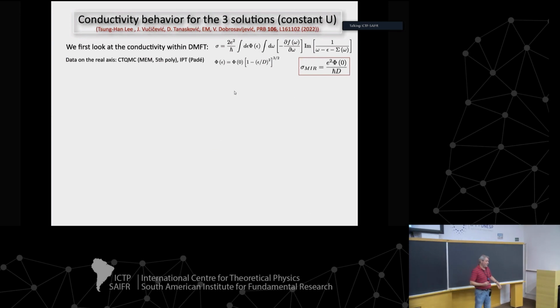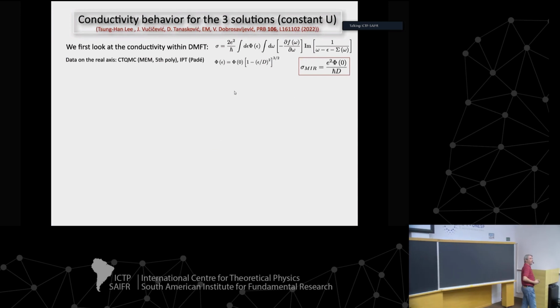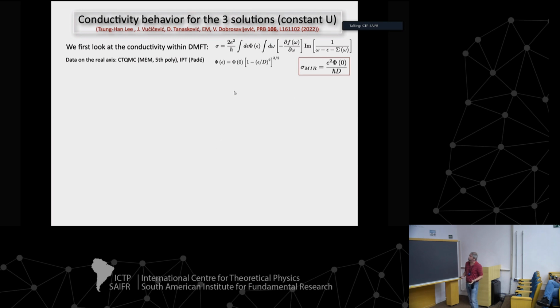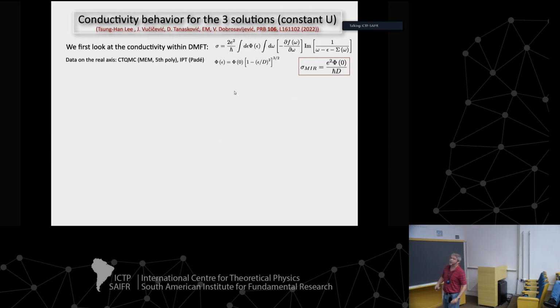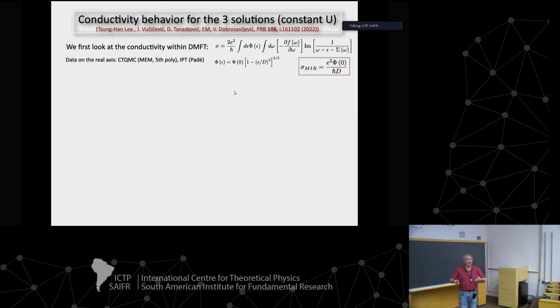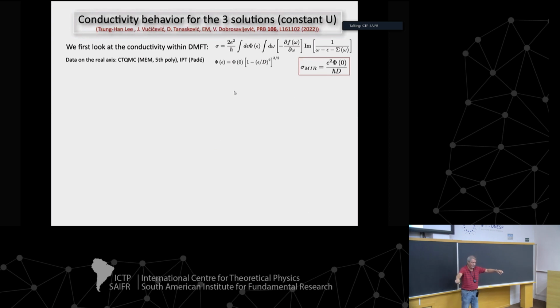Also, once you have the solution, you have the self-energy. And with the help of the self-energy, you can calculate what the conductivity of a homogeneous system would be if it was completely homogeneous and was in that state which we call domain wall matter. In other words, if you would be able to put leads on a very large domain wall from one side to the other side and measure the conductivity, that's the conductivity you should measure.